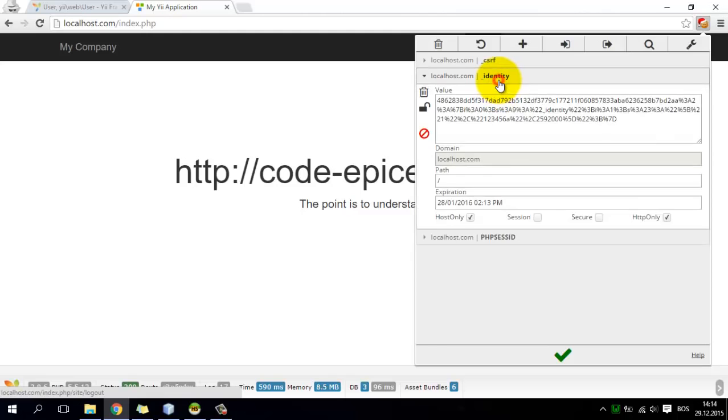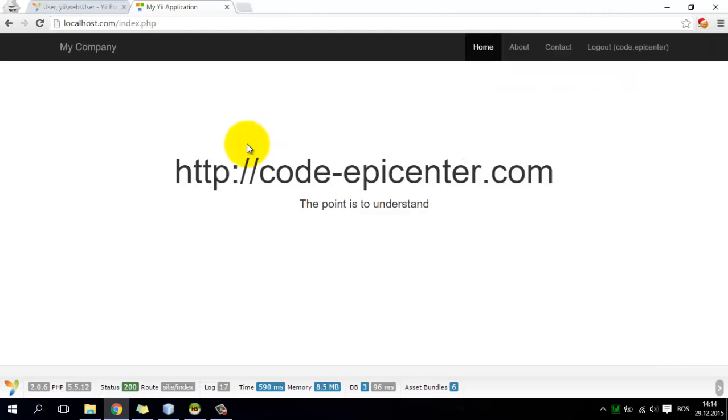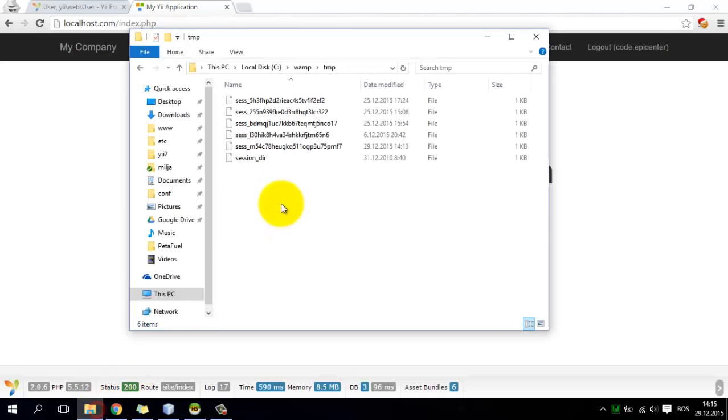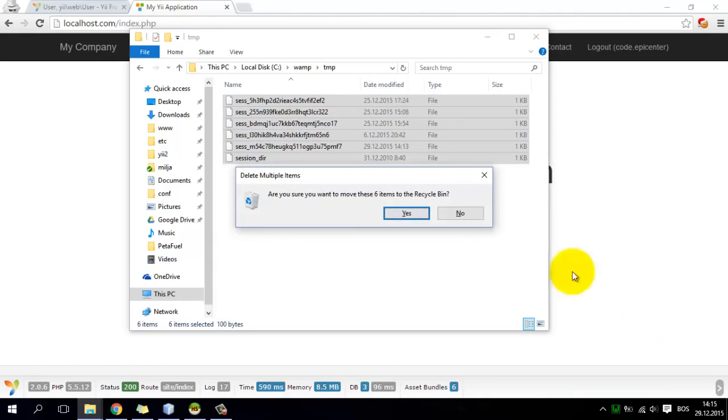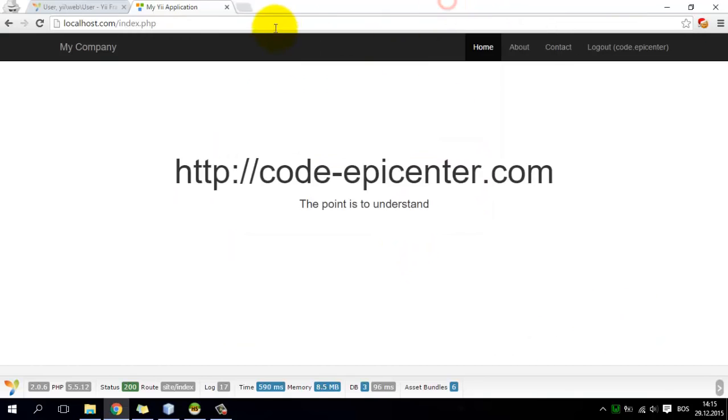Okay. And when your session is destroyed, then the Yii Framework will try to automatically log in the user using a cookie. Okay. So here I have all my sessions in a temporary folder of a WAMP. So I will try now to delete all sessions. Okay. And we will check out what will happen. So as you can see, the user is still logged in even if I deleted all my sessions. We will see what is happening in our log,